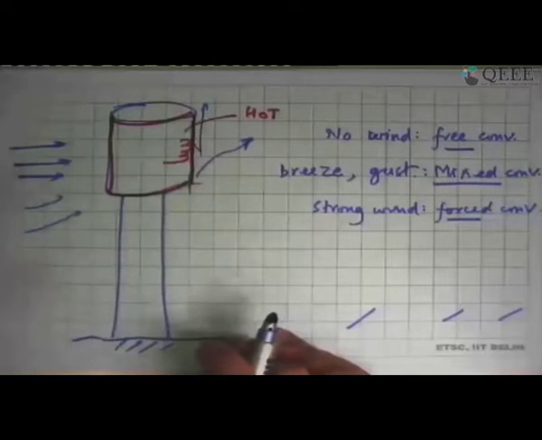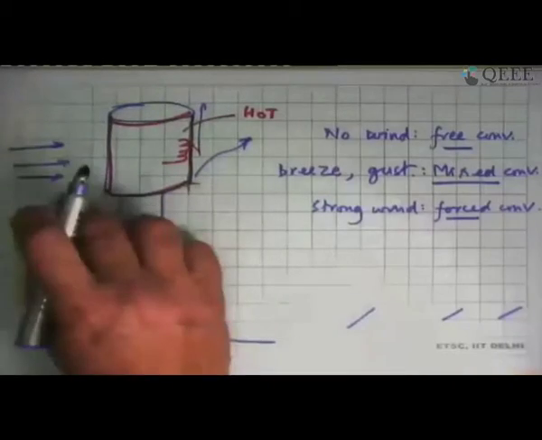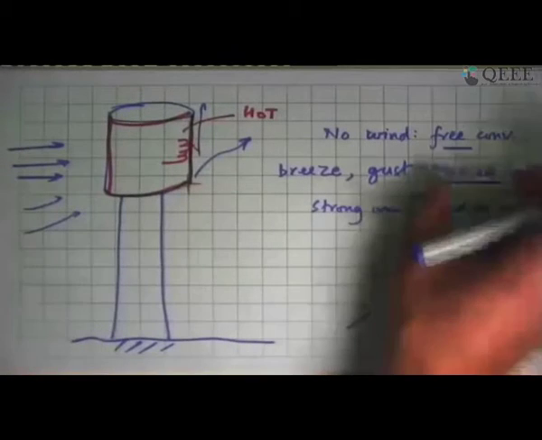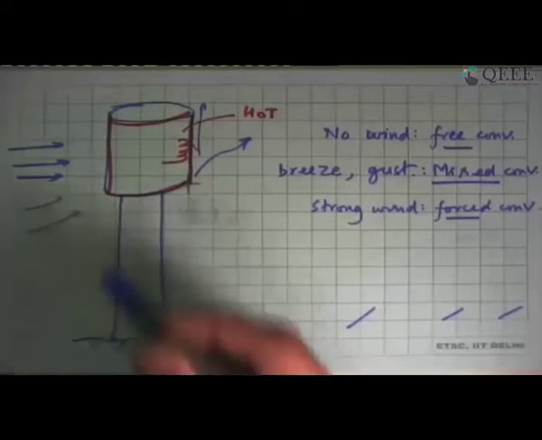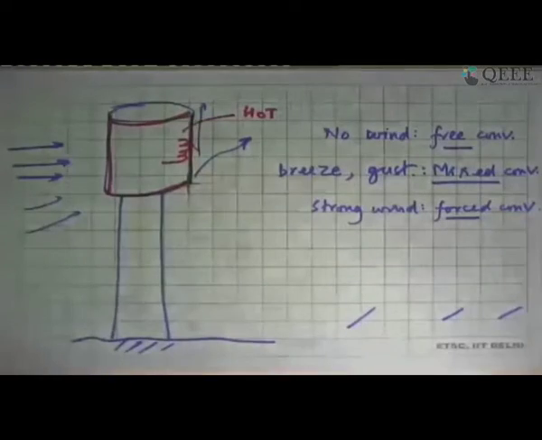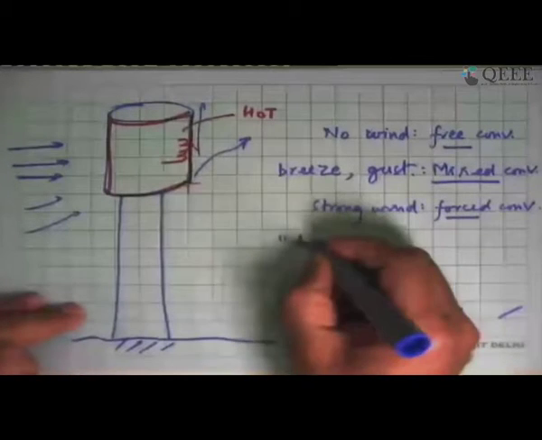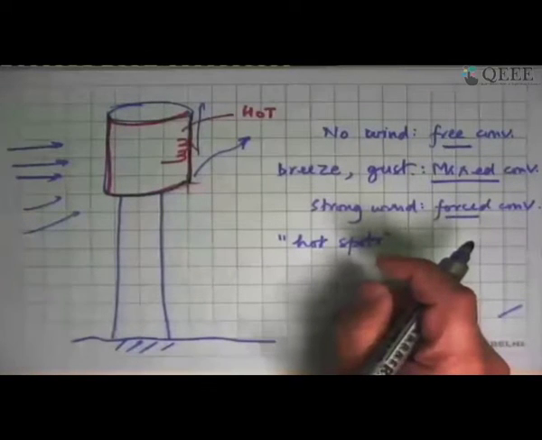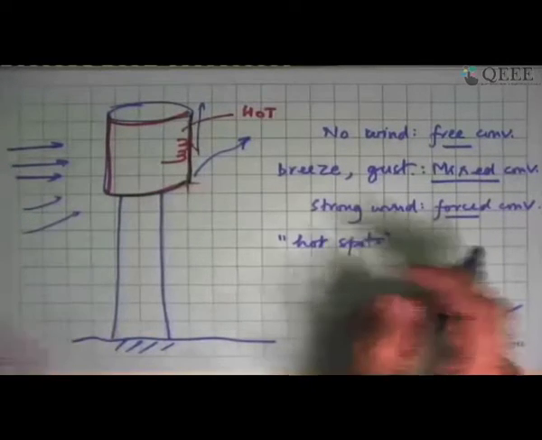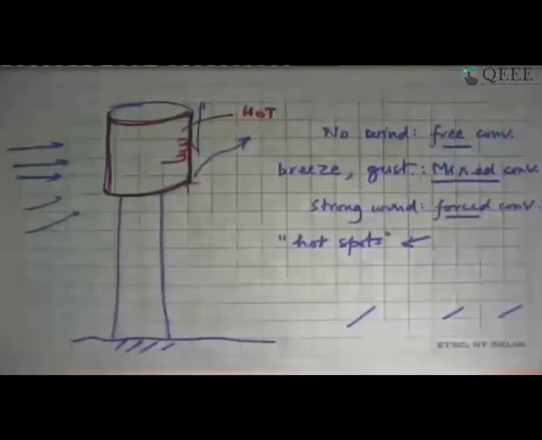So the same application in the real world, in some situations we analyze as a free convection problem, sometimes as a forced convection problem, and at other times we have to analyze it as a mixed convection problem. It will also tell us a lot of things, including, say, the local distribution of the heat transfer coefficient on this. Which part of it will run very hot, where will the hot spots be? That is where the surface is becoming very hot because the heat transfer coefficient is low, and you could expect damage at that point. So that is the reason why one would like to know about hotspots, for which you need to know the local heat transfer coefficient. So that's an example of mixed convection.